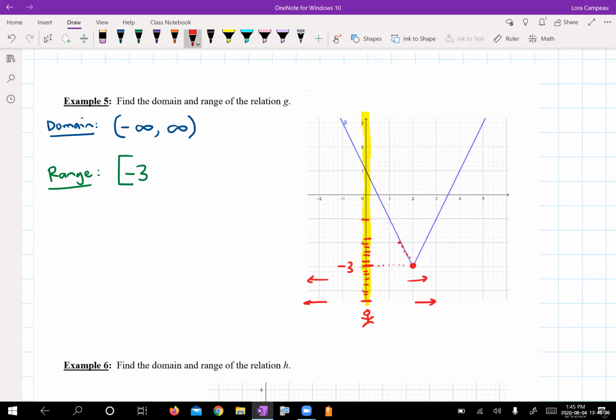You kind of can skip a little bit. You don't have to keep drawing a bunch of them. So at y equals 0, we do have a corresponding x value to the right. Keep going. Notice now we're hitting the y-axis. That means x is 0. That's still a good number. Keep going, and this time when you're beyond the y-intercept, you'll notice that your corresponding graph is to the left of you now, and that's kind of indicating that you still have a corresponding x value for every single one